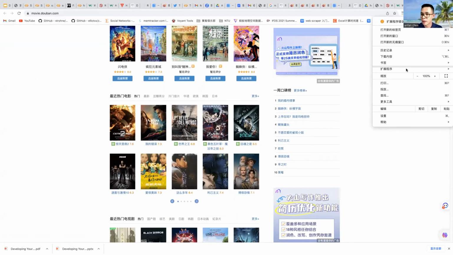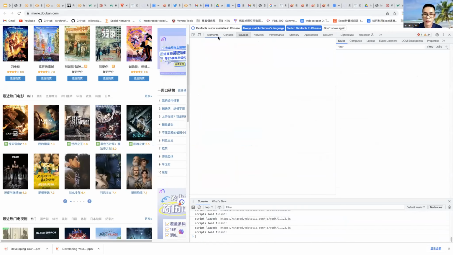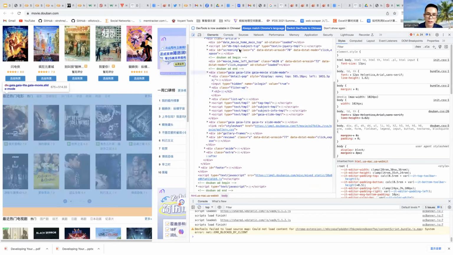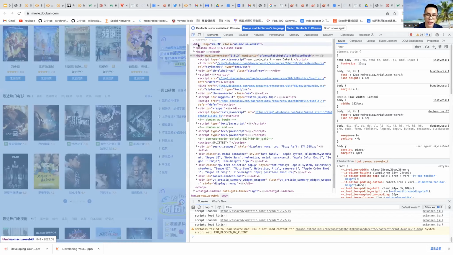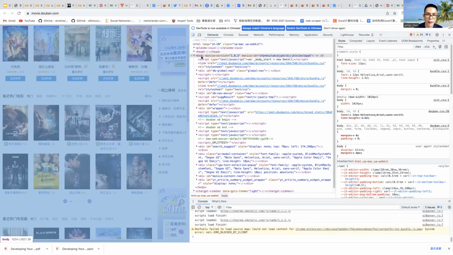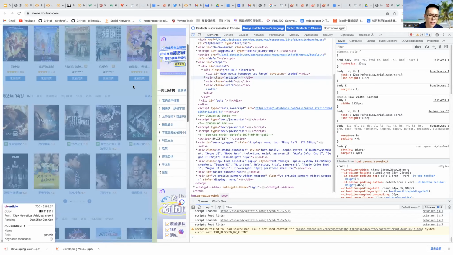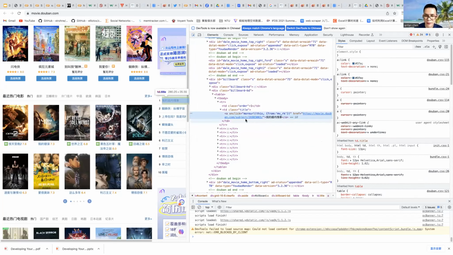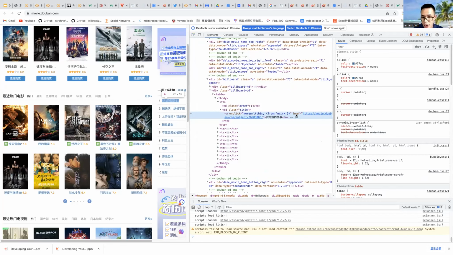And if we click more tools, developer tools, and the elements, you will see the structure is HTML, the text, and the head, the body, and where is the title of this one? You can see it is here. Yeah, there is the attribute, the href. That's a real case of the HTML of a web page.